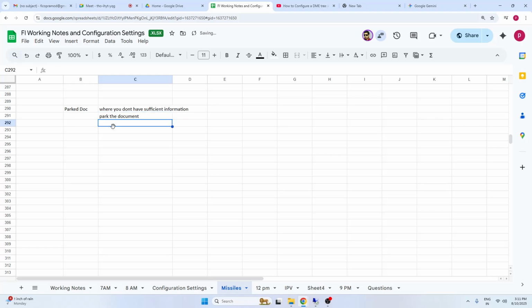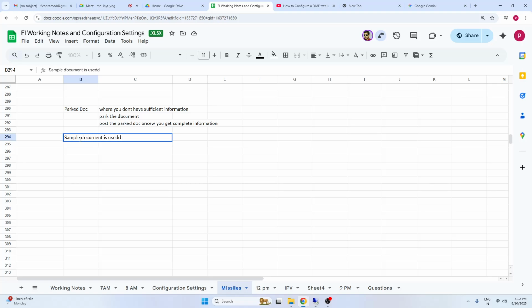Later you'll post the parked document once you get complete information. Okay, and your reference, this sample document, is used as reference for posting the transactions. Is that clear?